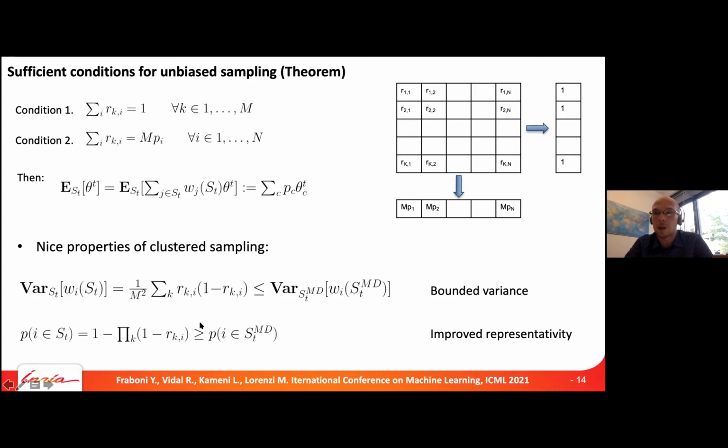So we have the potential. This is not saying that we do better. We always have better variance or more representativity because we have the equality here. But with this scheme,